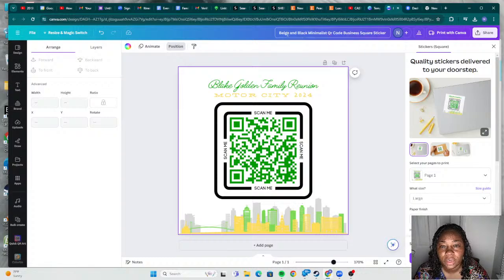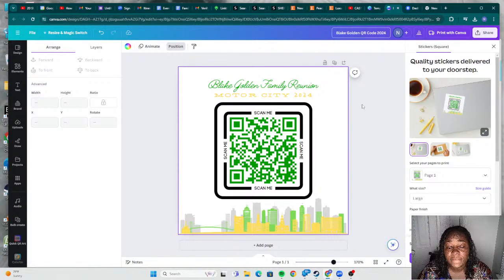So let me go ahead and rename this so it doesn't say beige and black minimalist QR code business course. That's not even what it is anymore. Now it is, ladies and gentlemen, this is now the Blake Golden QR code